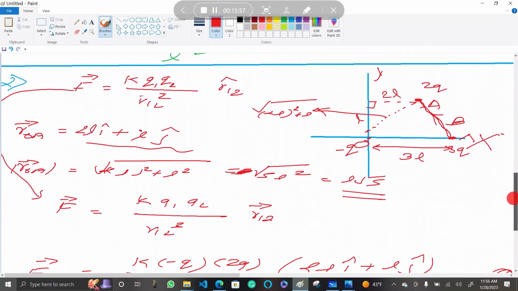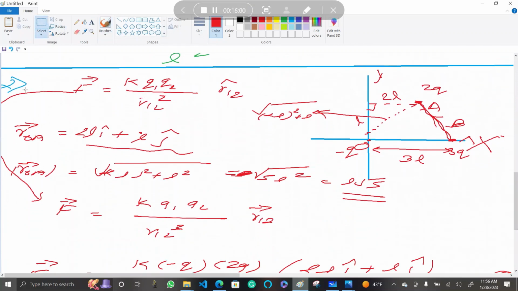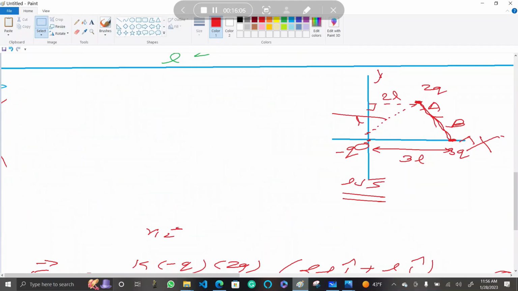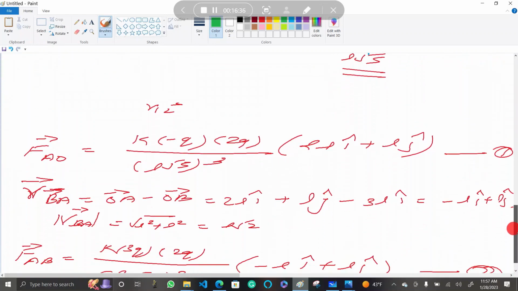Net force on the charge, F net equals force at A because of the charge at origin plus force at A because of the charge at B. Now the force on A because of the charge at O, you can get from